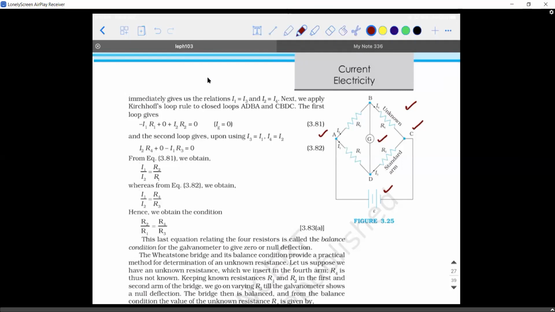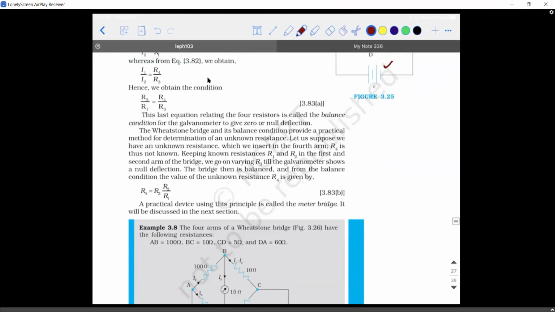Okay, so basically I have to give you an introduction of how a galvanometer looks like. Generally, if you take the device like an ammeter and a galvanometer, an ammeter 0 will be here, means when no load is connected, the pointer will be like this. Whereas a galvanometer 0 will be here, means when no load is connected, it will be at the center. So what will happen is, when you pass current in one direction, if the galvanometer shows a deflection to the right, if you reverse the direction of current, then the galvanometer will show a deflection in the left. Are you able to understand this?